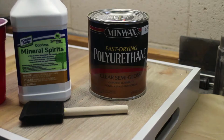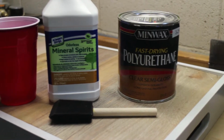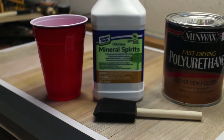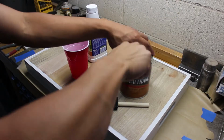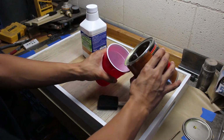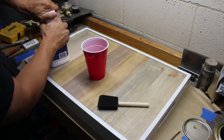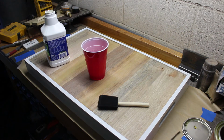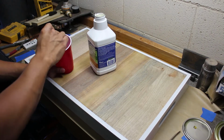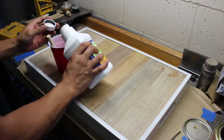Another first for me was actually mixing up my own wipe-on polyurethane. I read online that you could use regular polyurethane mixed with mineral spirits to get the same effect. Basically a polyurethane that goes on very thinly and one that you can wipe off. I read the ideal mixture was 4 parts polyurethane and 1 part mineral spirits. I basically just winged it and the results came out just fine, so I'm sure you don't have to be